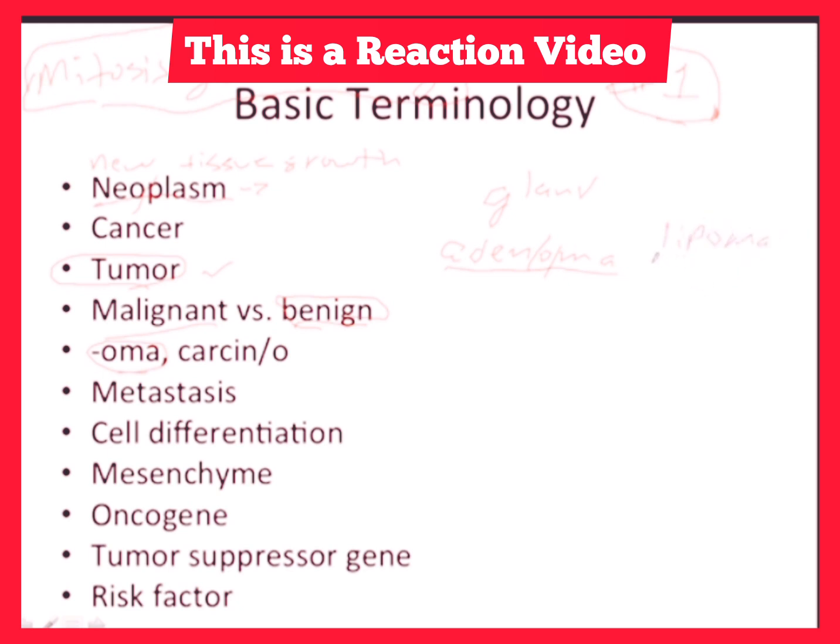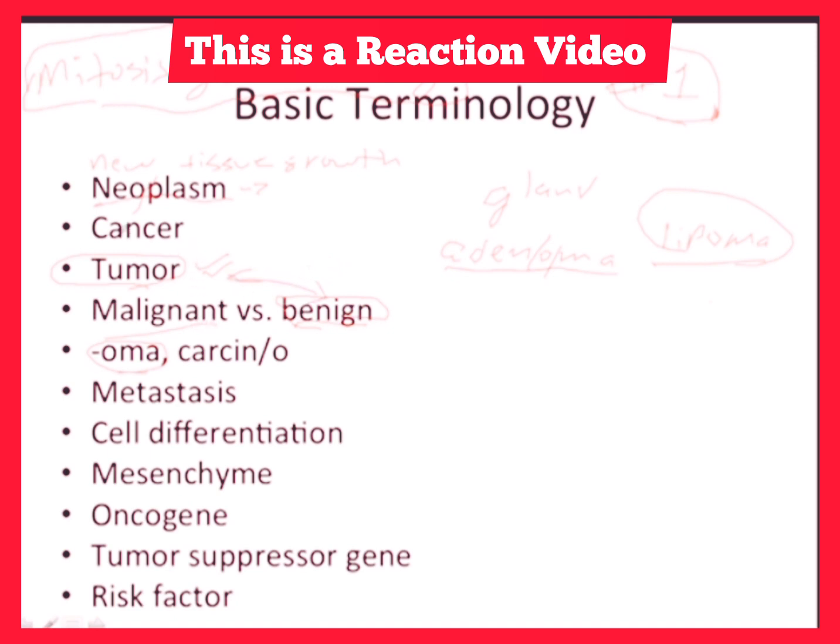Or someone can develop a lipoma, just a mass of fat, a bunch of fat cells that are growing a little out of control. In saying that, lipomas are not typically that harmful. Not every tumor that a person develops is going to be horribly life-threatening or mean the end of the world. In many cases, these benign masses can be relatively easily removed, and in many cases, they can't. We'll talk more about that in a little bit.